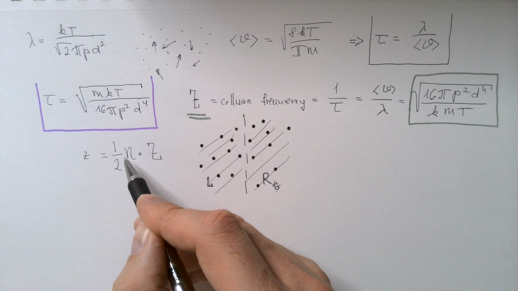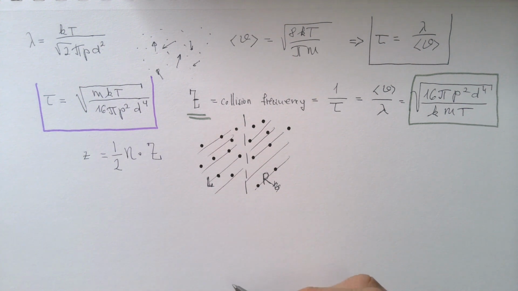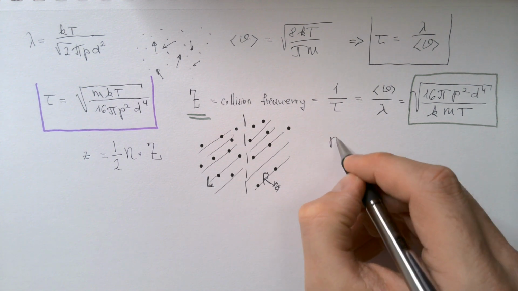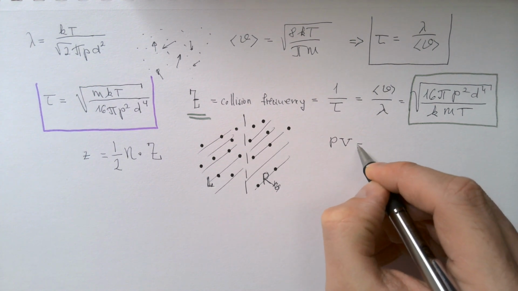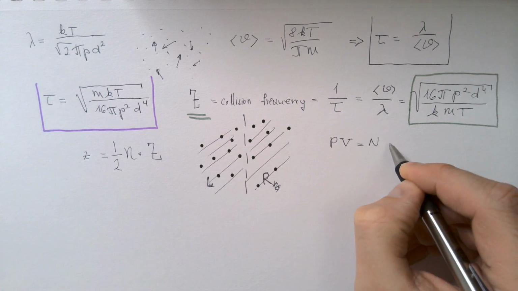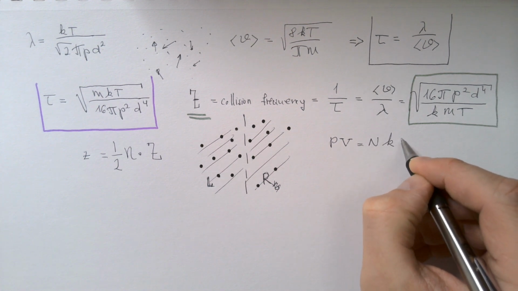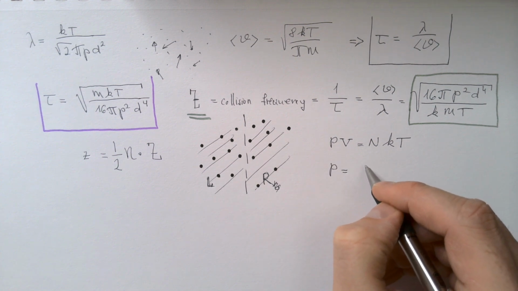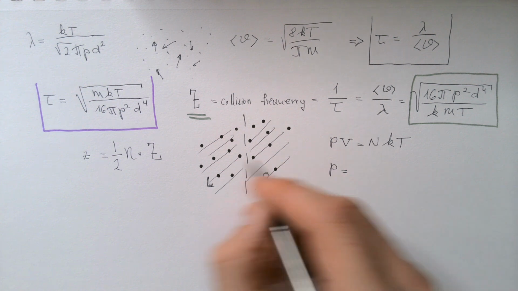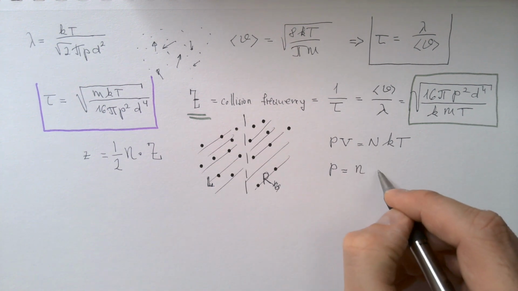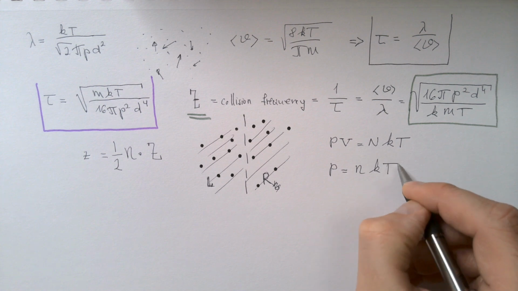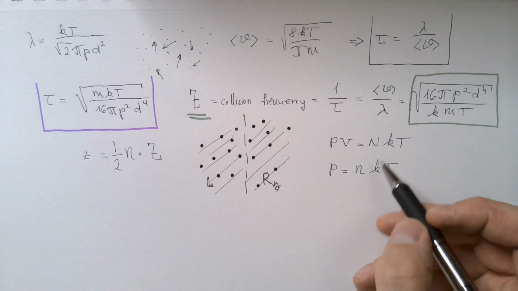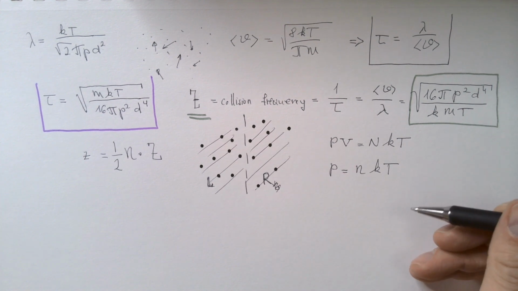Of course, we don't like to work with a number of particles per unit volume, so what we can do is use the equation of state for an ideal gas that says pressure times volume is number of atoms in that volume V times Boltzmann constant times absolute temperature. Or I can say P is equal N divided by V, but N divided by V is this n, small, times k times T. So this small n is not number of moles that chemists are using, but here in this context, number of particles per unit volume.